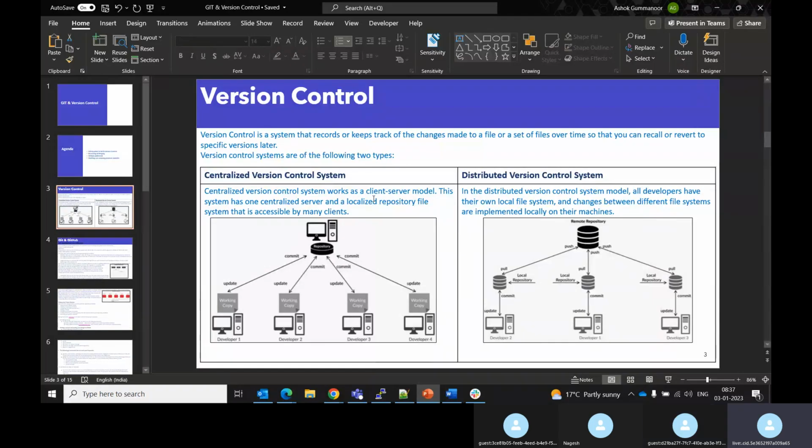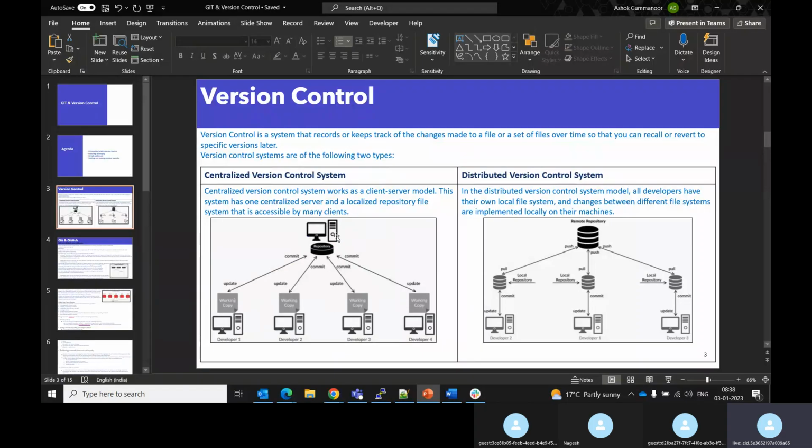So the centralized system is a client-server model where the server holds the repository file, meaning the file you are using is accessed only by the clients through the server. As you see in the picture, this is a centralized system where the file is kept on a single server, and many developers use it, make changes, and commit to it. Say Google is this server and it serves all the people,